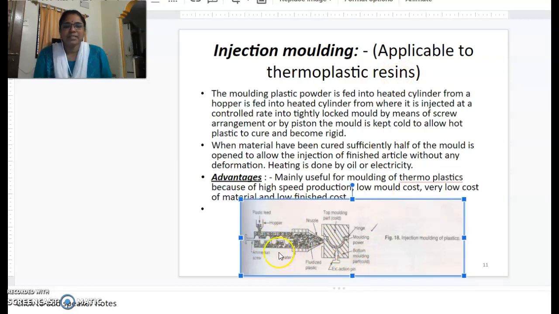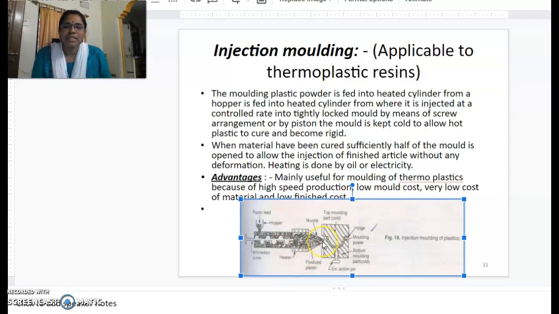This is like an injection, hence it is called injection molding. At the top, all the plastic ingredients are fed, right? Whenever you feed them, see here dots are there. You can enlarge this diagram and check. These are called heaters. When we heat the plastic ingredients, they convert into the liquid state. So it forms fluidized plastic.